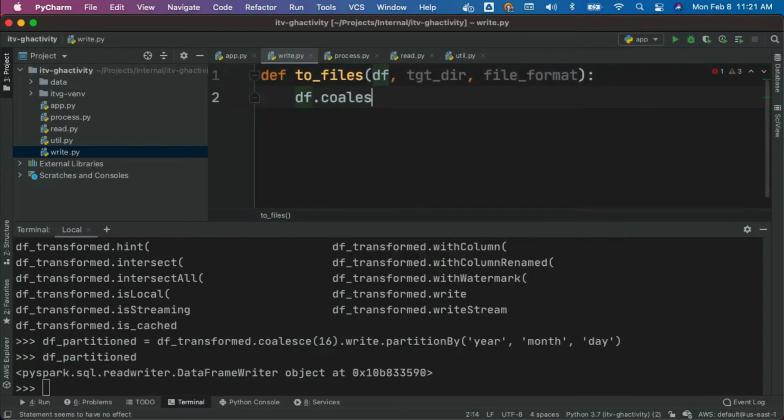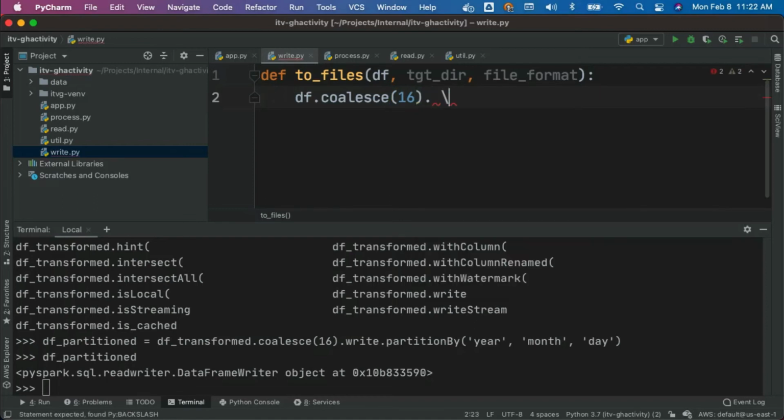Now I can say df.coalesce of 16. I'm hard coding for now. In actual application development, for each and every job, we might have to configure what would be the number of partitions we are going to use. Sometimes we might define it as part of the properties. Sometimes we might have to develop the logic to determine how many threads should be used to write into the files. So keep that in mind. We might not hard code in actual development in many cases. Either it will be part of a properties file where we'll be determining what will be the number of files for each and every job, or we will determine dynamically at runtime depending upon the volume which we are processing before writing into the target.